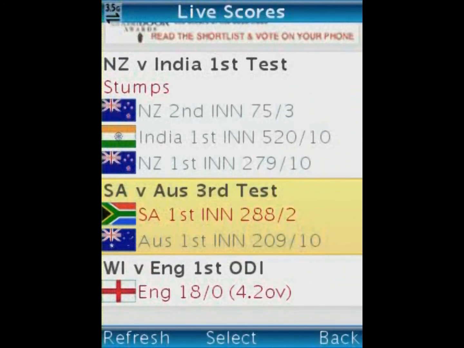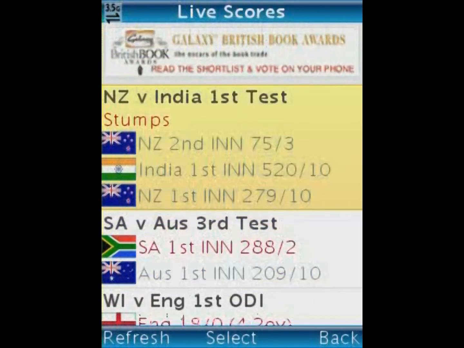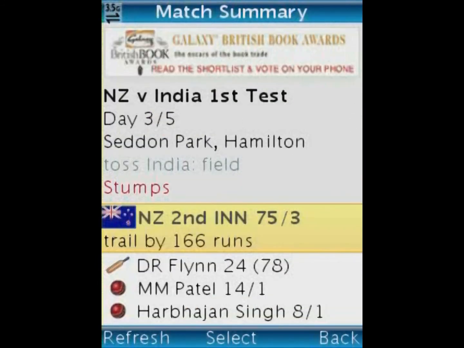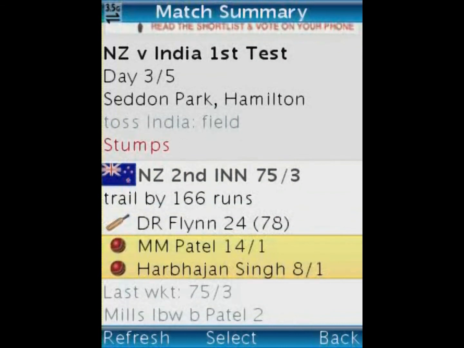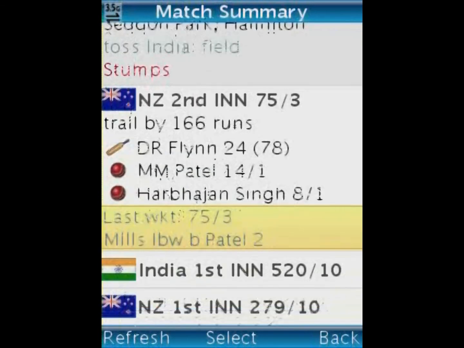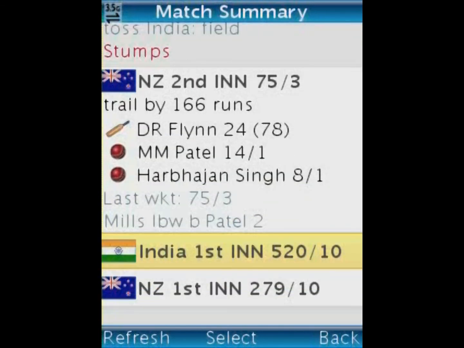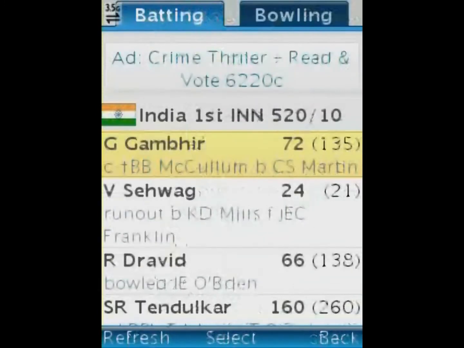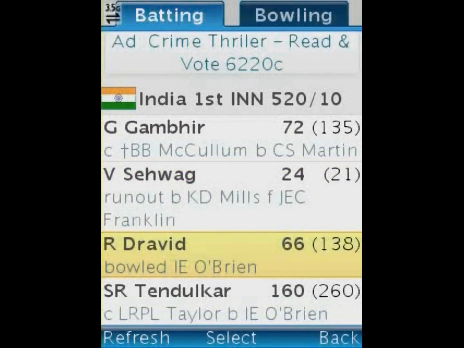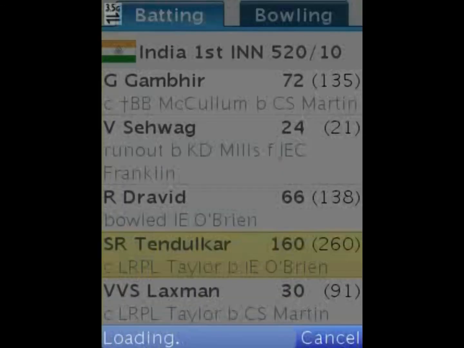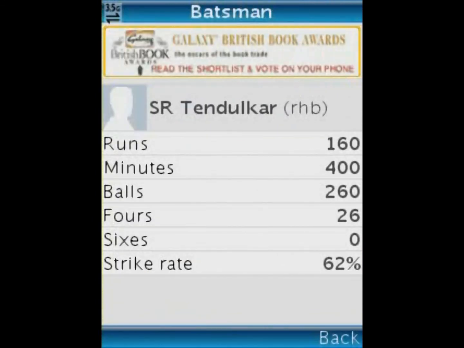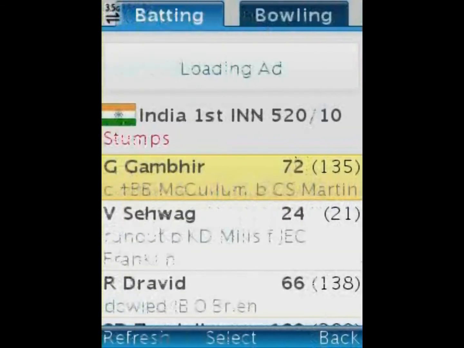Let's go and have a look at New Zealand versus India. They've finished play for the day, and you'll see it was the third day down in Hamilton in New Zealand. You can also see that India won the toss and elected to field. So let's just go down. I want to have a look at India's first innings and go into the batting and have an admiring look at Tendulkar's 160. Click on him, and there's the details of just how he did it. Not bad going. So we'll click back again,